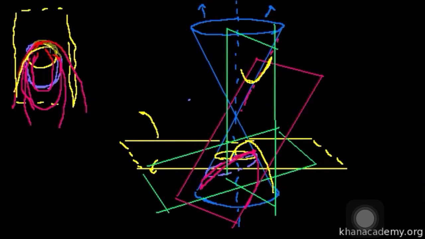This would be the intersection of the plane and the bottom cone. And then up here would be the intersection of the plane and the top cone. Remember, this plane goes off in every direction infinitely. So that's just a general sense of what the conic sections are and why, frankly, they're called conic sections. And let me know if this got confusing, because maybe I'll do another video where I'll redraw it a little bit cleaner. Or maybe I can find some neat 3D application that can do it better than I can. But this is just the reason why they are conic sections, and why they